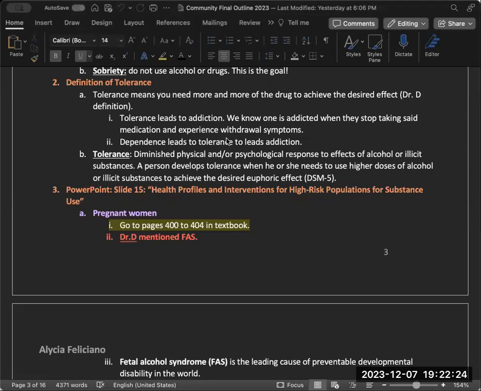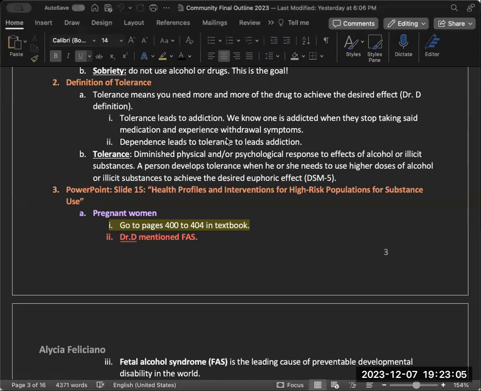And how do we know if someone is addicted? I see someone unmuted themselves. When a person is craving the drug constantly, that's a good answer, but it's not the answer that Dr. D said. Dr. D said that we know one is addicted when they stop taking the medication and they experience